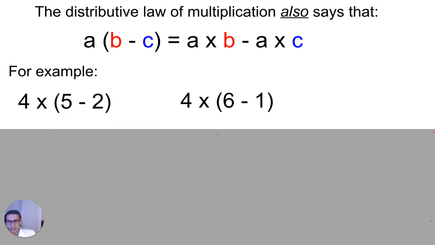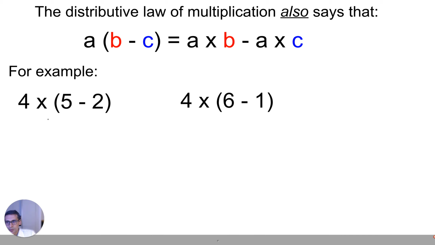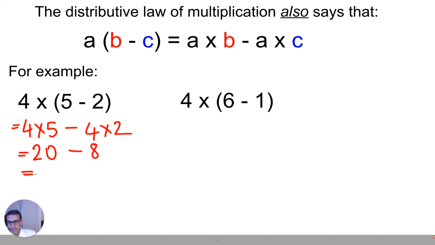So looking at that example here, we can do, for example, 4 times 5 take away 4 times 2. So 4 times 5 is 20, 4 times 2 is 8. So that becomes 20 minus 8, which is 12. Of course, the other way to do this is we do 5 minus 2 first, which will give you 3. 4 times 3 is 12,